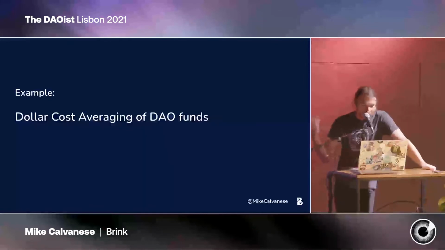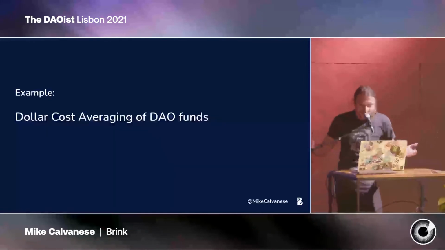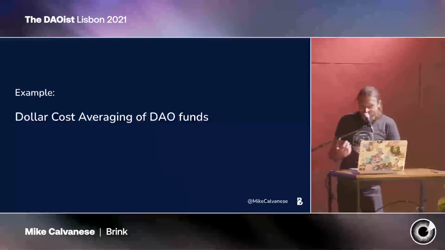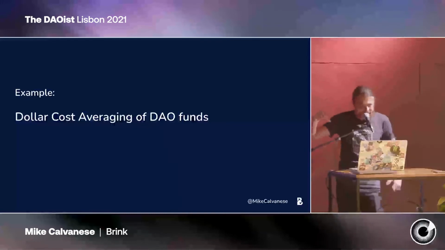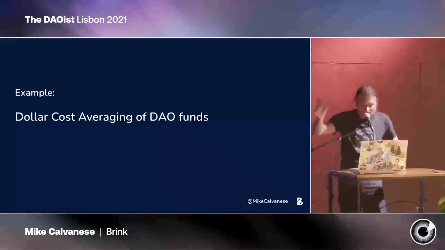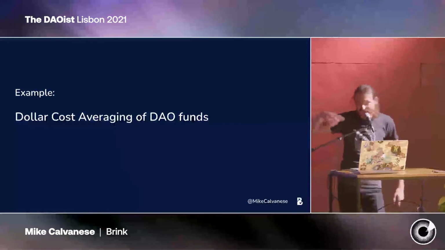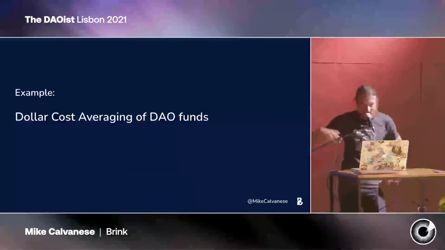Another interesting example, dollar cost averaging of these funds. So the DAO could create a proposal to actually create a kind of permissions for doing this dollar cost averaging. So that would be once a week it does a buyback, right? So the proposal would say,